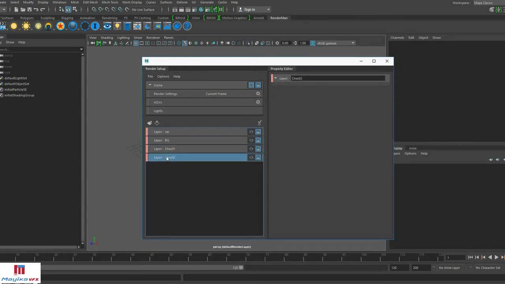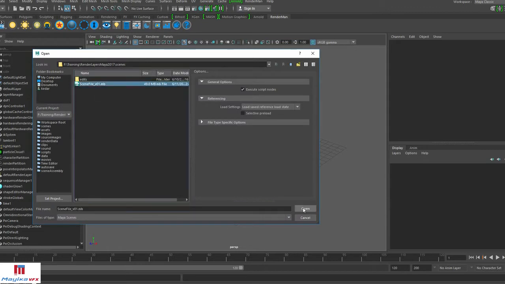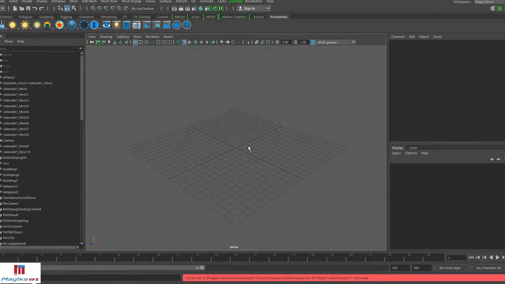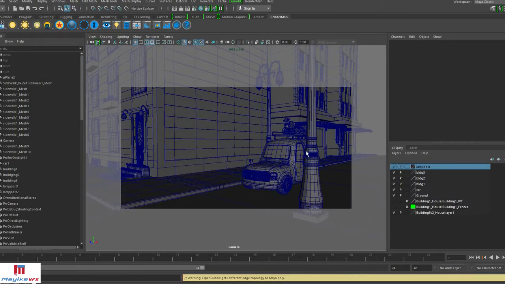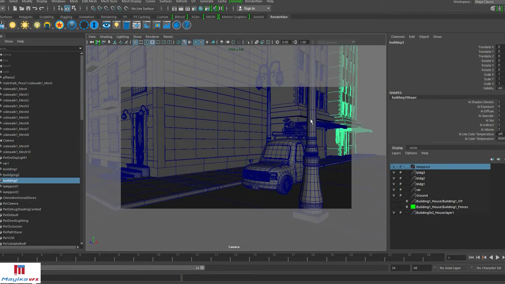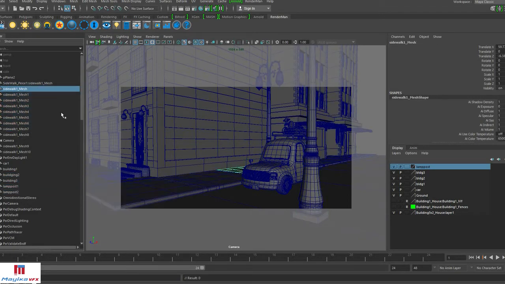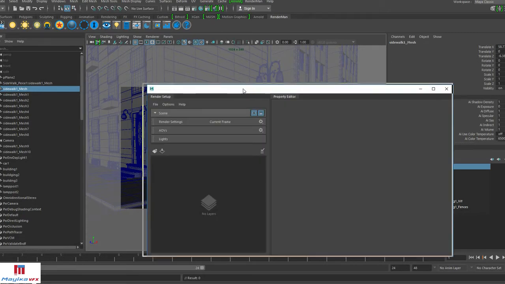Let's open a scene file to understand more. In this scene file we have different objects here, car, buildings and poles. Let's create render layers with these objects.